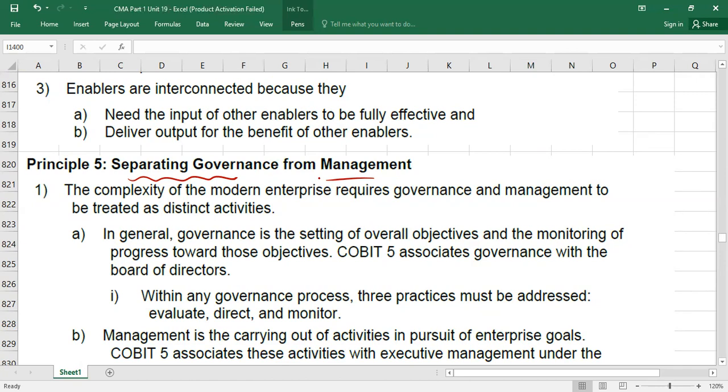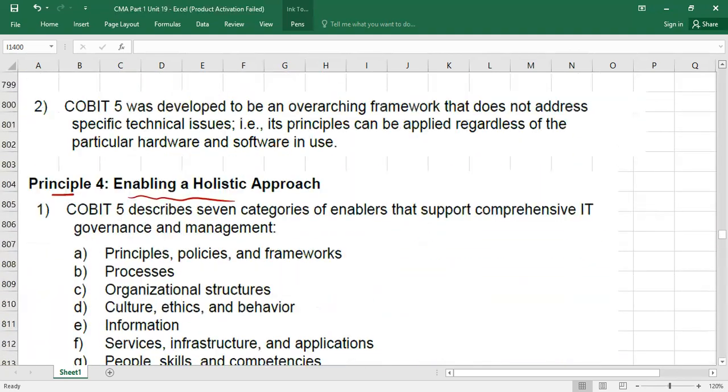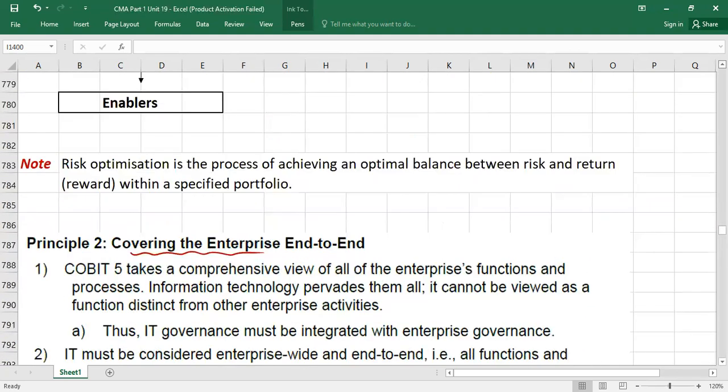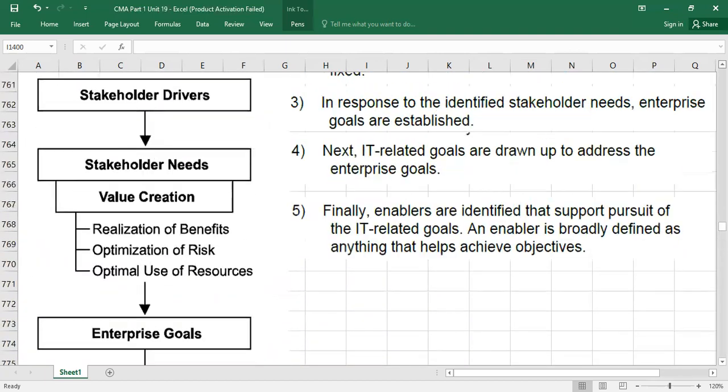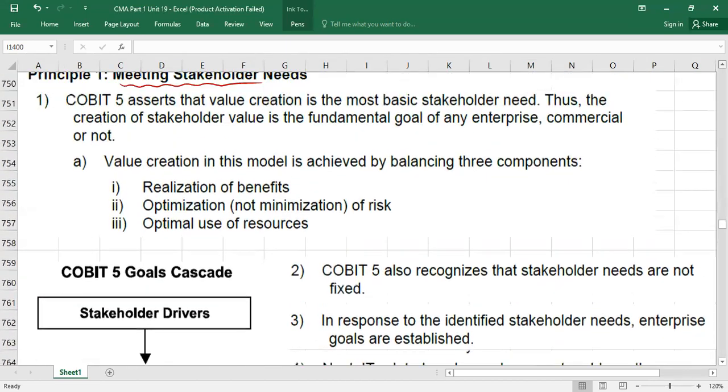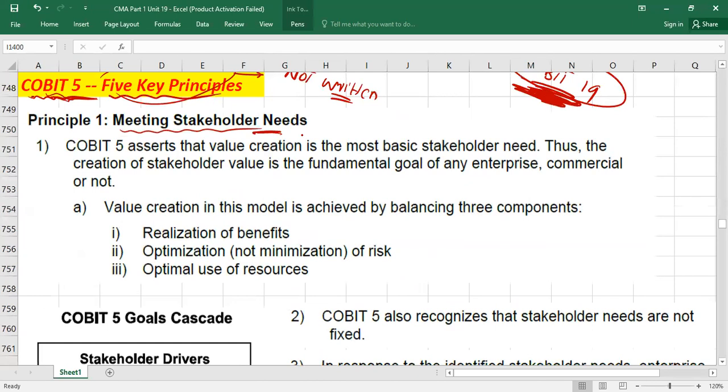Okay. So what does Cobit 5 say about it? Here we go. Principle number one, which is called meeting stakeholder needs. Guys, please remember, I'll explain in very simple words what it means. I'm not going to tell you here which kind of control you can implement in a specific situation. No. Here we have an overall 5 principles which we are going to discuss. Understood? First you need to understand what the stakeholders are.